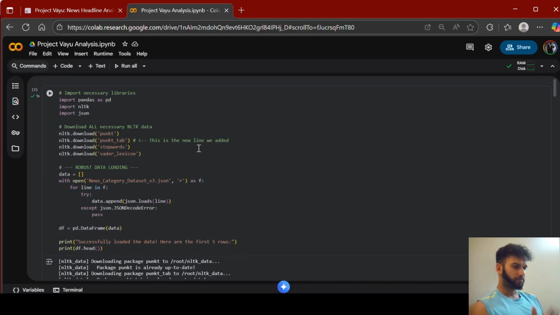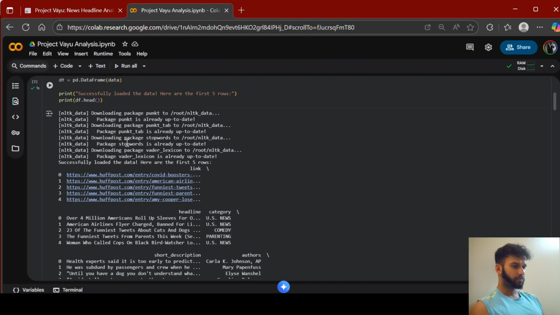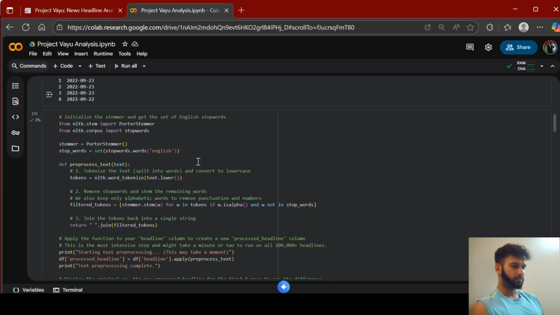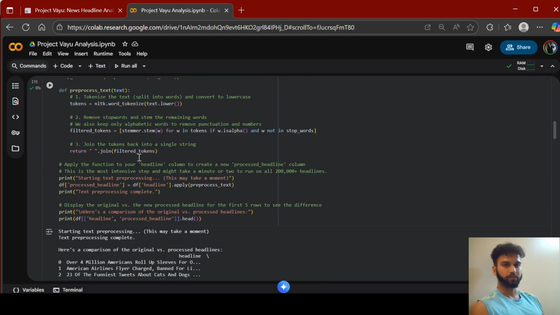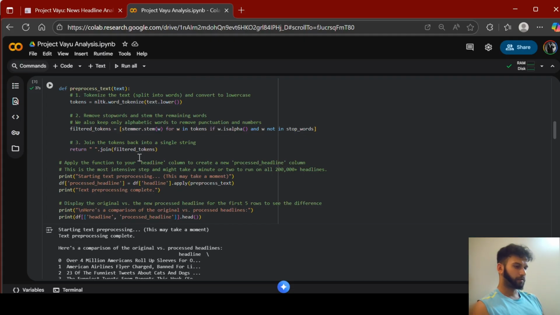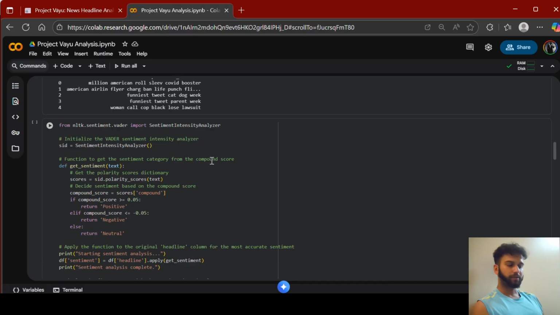ठीक है. Let's start from starting से. एक बार summarize कर देता हूँ. Libraries import किया, downloaded the packages, loaded the data set, done, everything done, not an issue. Then आपने data को clean किया, pre-process किया for ease to make the model learn it. आपने then extra words वगैरह हटाए, which is stop words. मतलब NLP के concept आपने यहाँ पे use किया. ठीक है. Then we have done the sentiment analysis.